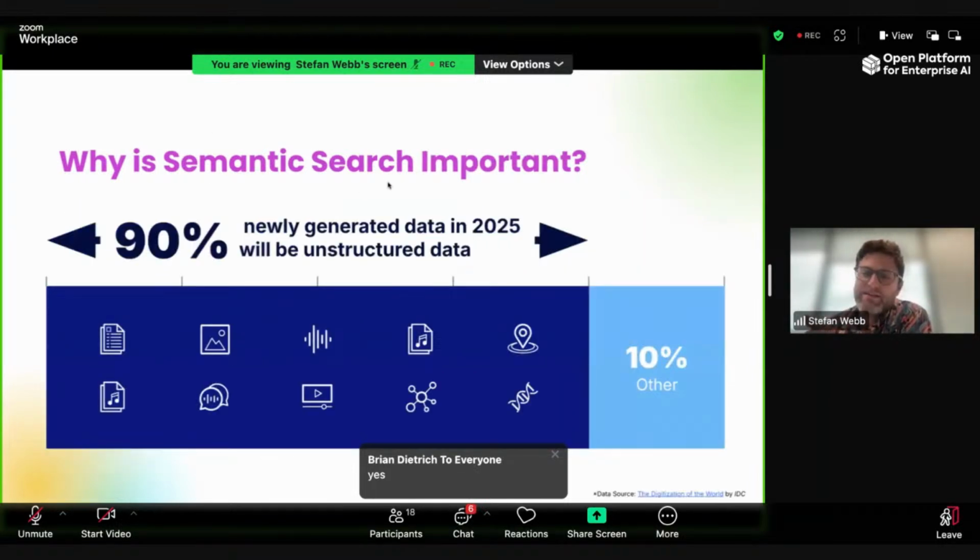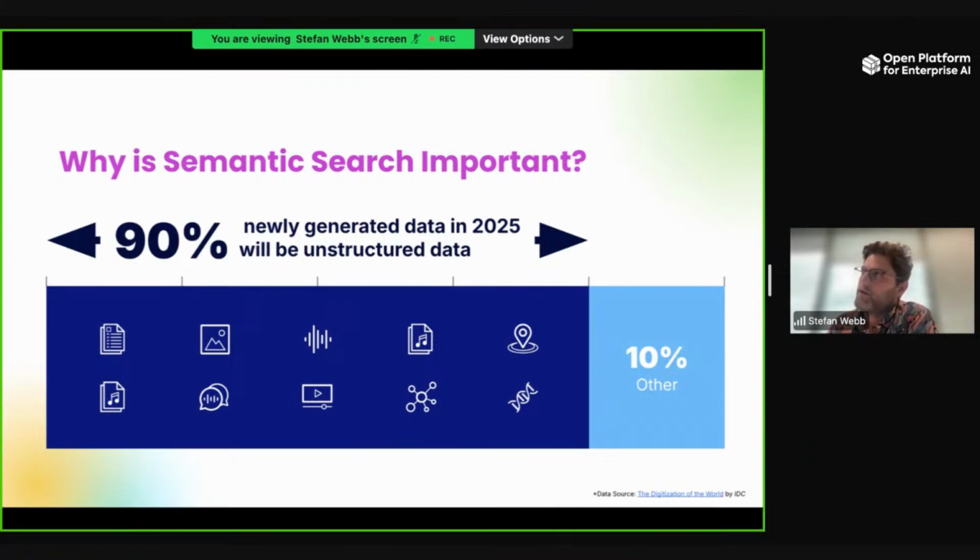So why is semantic search important? Well, I think the main reason is that the vast majority of data is unstructured data, and we need semantic search to search unstructured data that doesn't have a readily available feature representation.